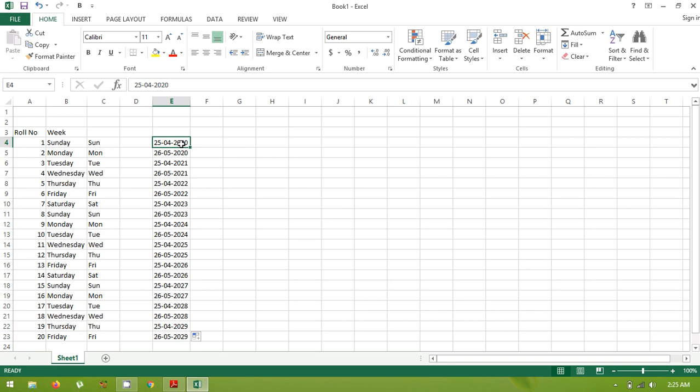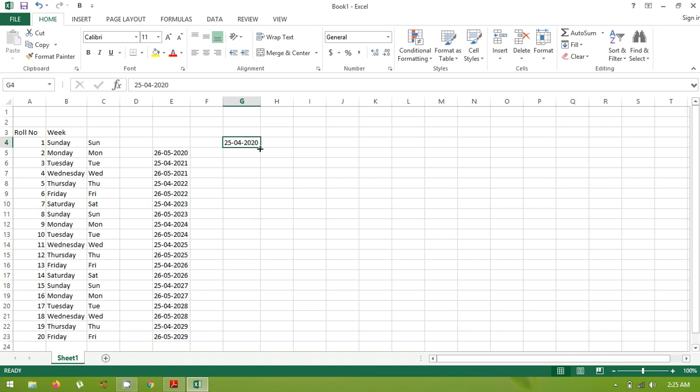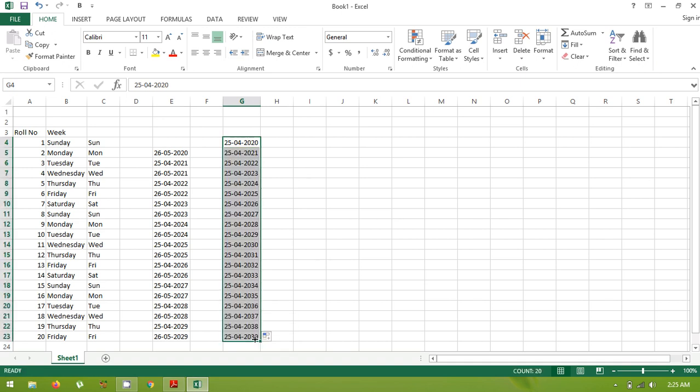Now suppose I have only one date and I paste it here. Then when I drag it, what happens with the single cell? It starts changing the year of your date. The date is the same, the month is the same, but it starts changing the year.